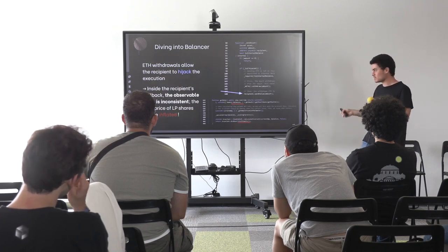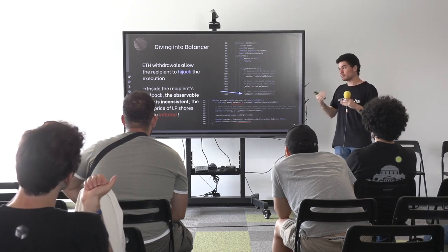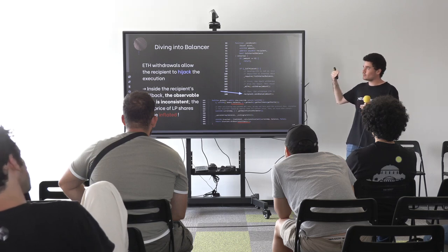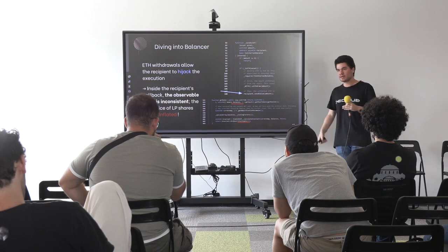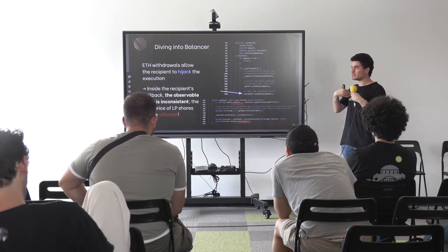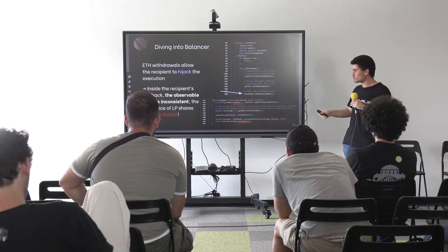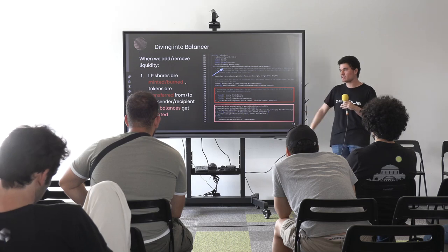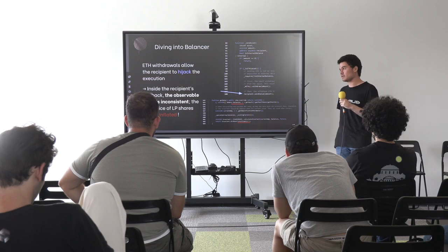That means that even though the LP tokens will be burned, meaning that their total supply will be adjusted, and we will have received our funds, the pool doesn't know it yet, because the balances have not been updated yet. And that's the key idea behind Balancer's